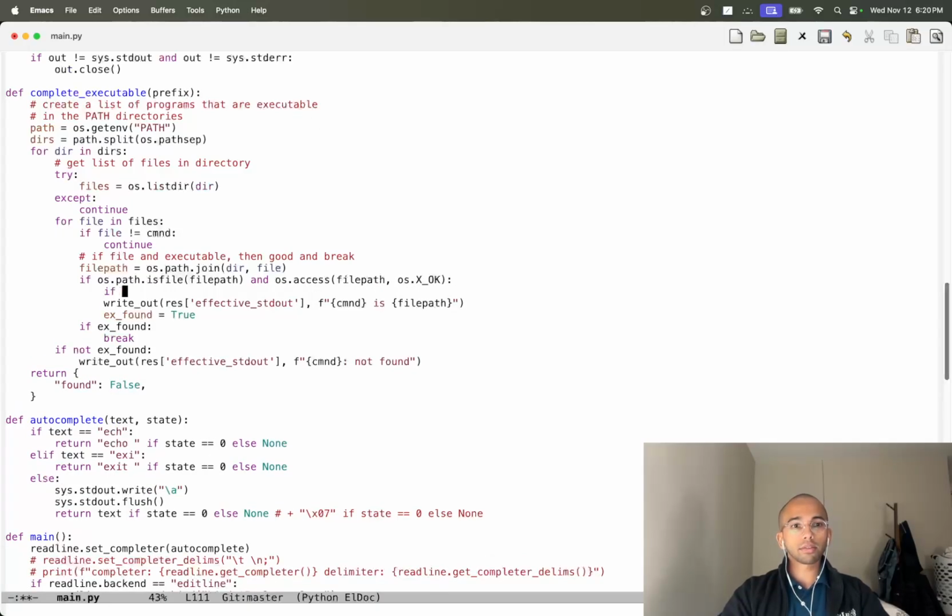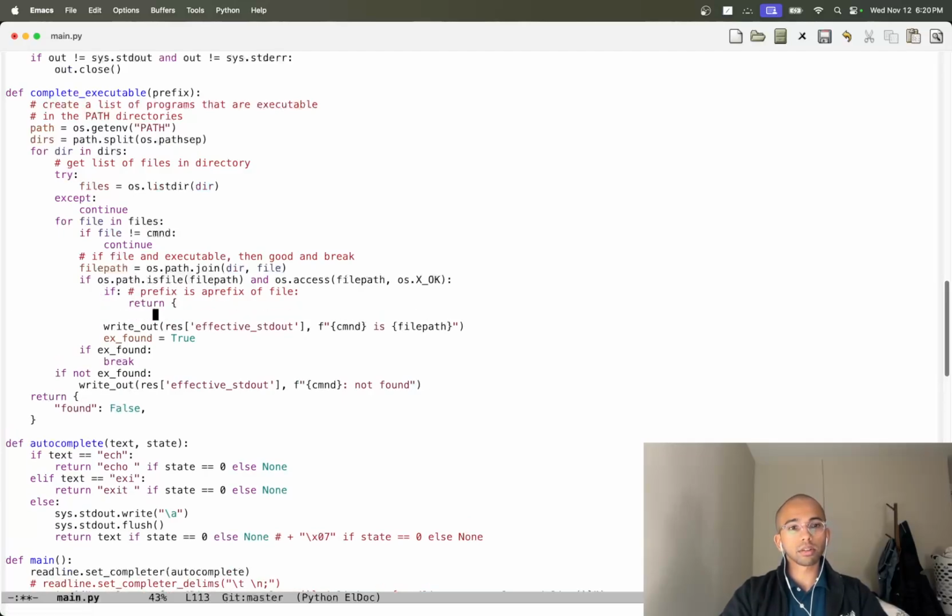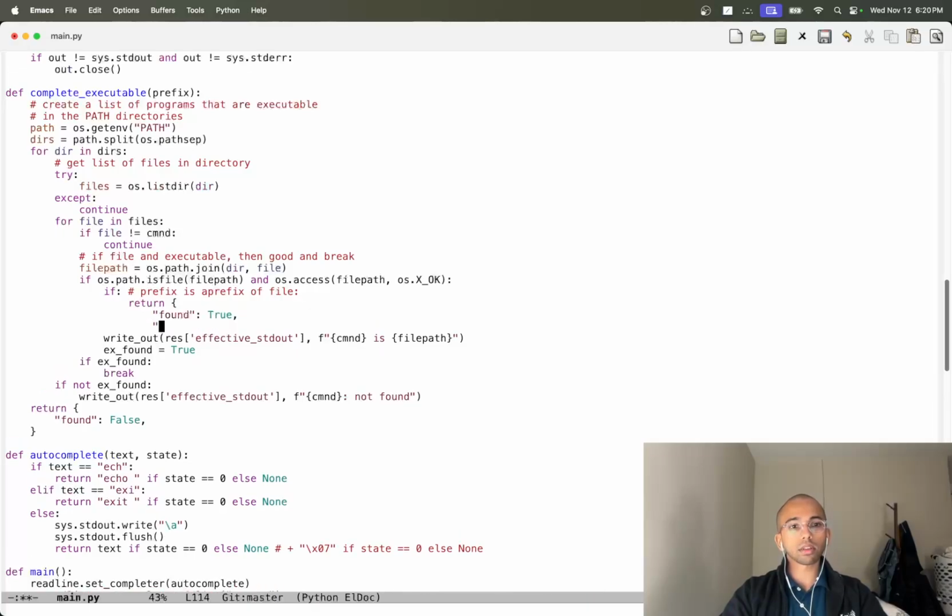So in words, I think if prefix is a prefix of file, then I can return found is true, and